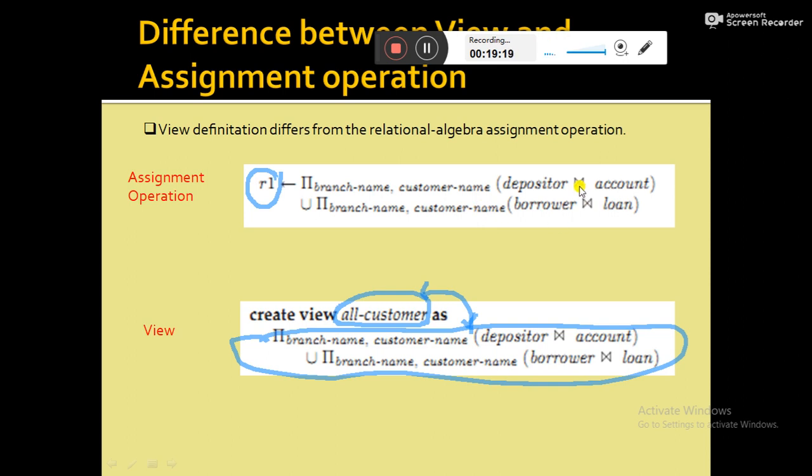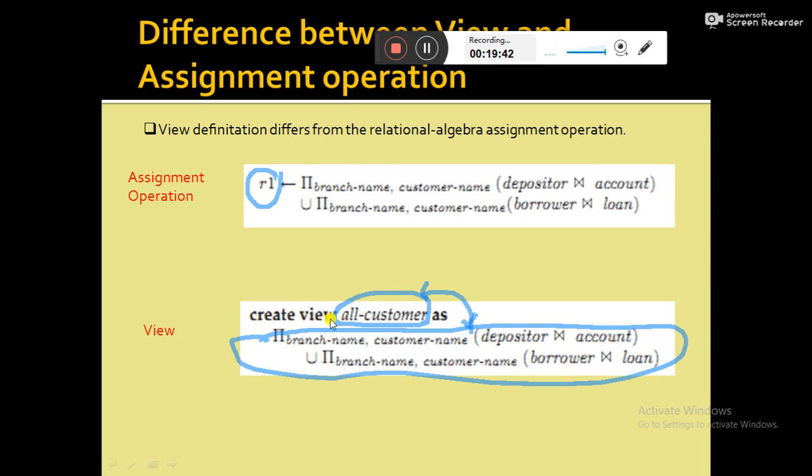Once these four relations get updated with new data at T2, the new data is not reflected in R1. So if you execute another query with the help of R1 at the point of T2, then we are getting the wrong information.